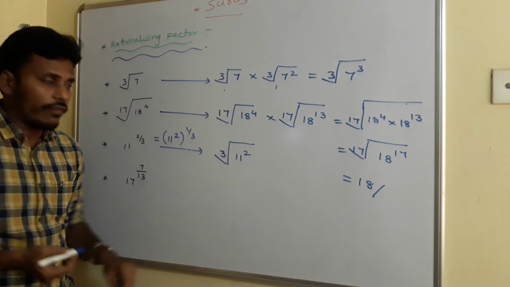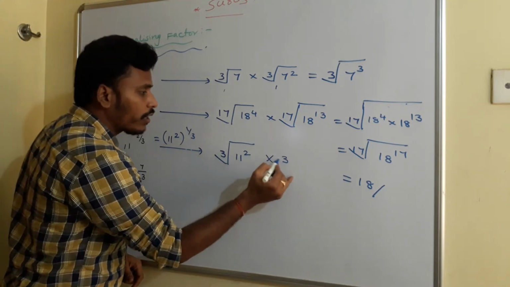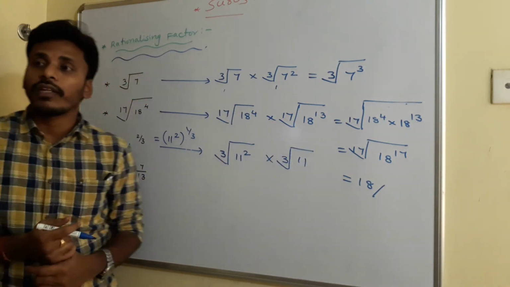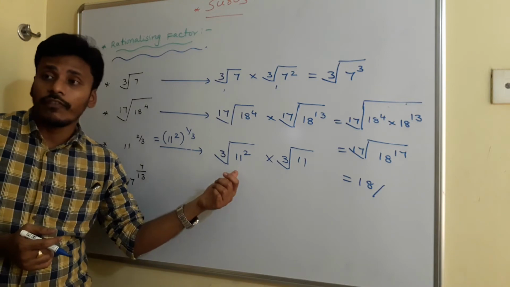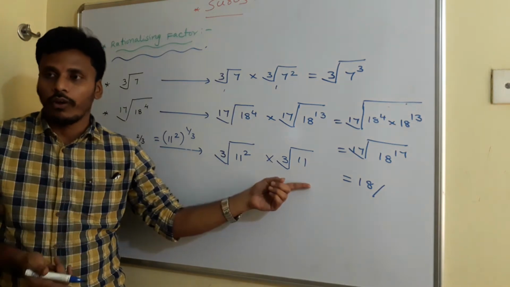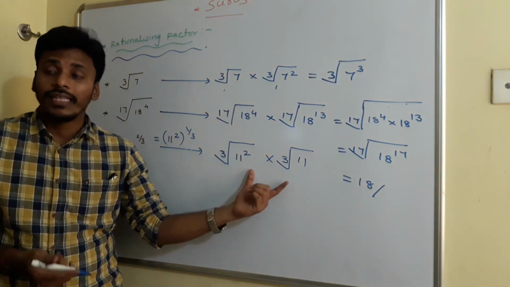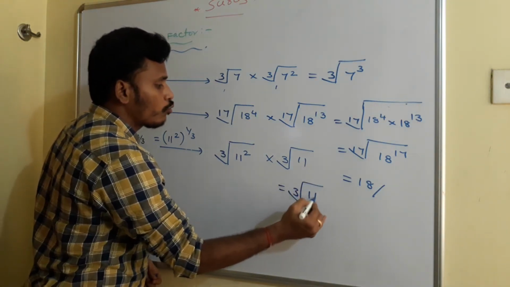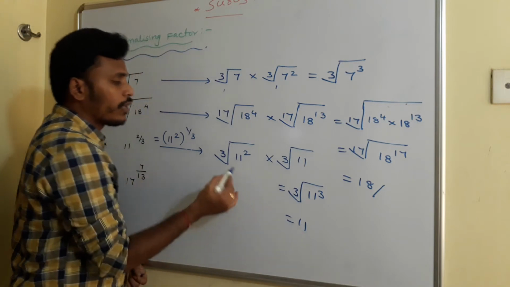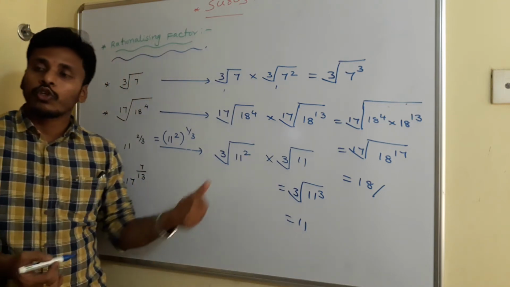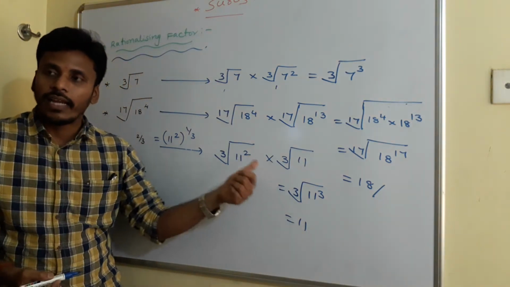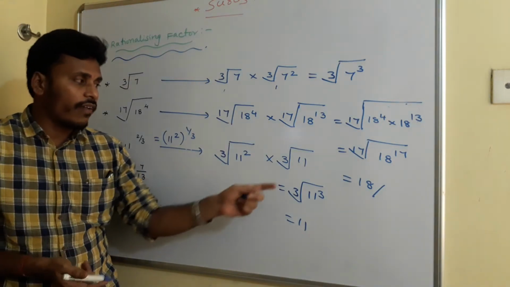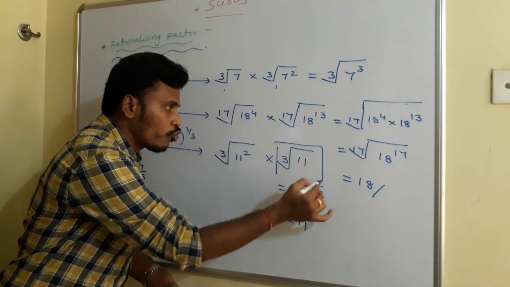Since it is cube root of 11 square, you need to multiply with the cube root of 11. Because it is a cube root, you need every number 3 times. Since it is given for 2, you need to multiply with 1 more 11. So now if you multiply, the result is what? Cube root of 11 cube. Since it is cube root of 11 cube, which is 11, the product is a rational number. So these two are termed the rationalizing factors of one another. This is one way. What is the rationalizing factor? Your answer is this cube root 11.